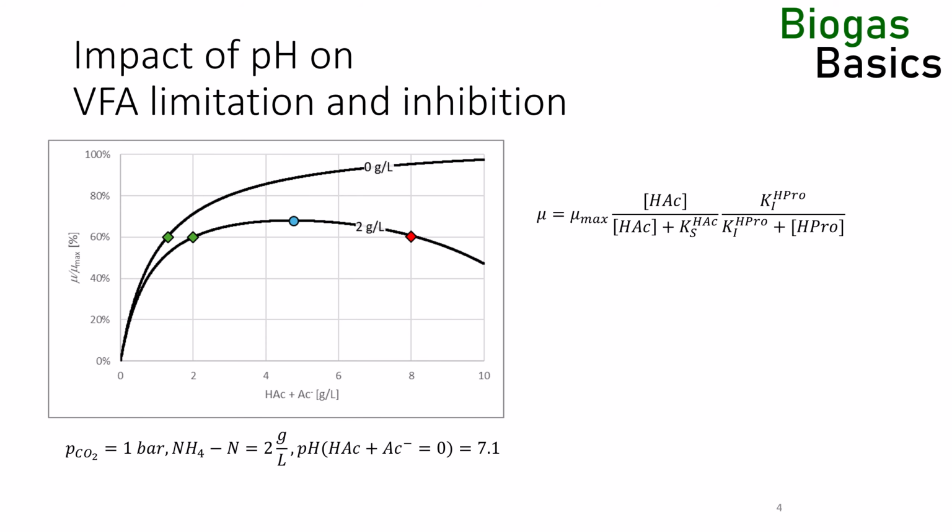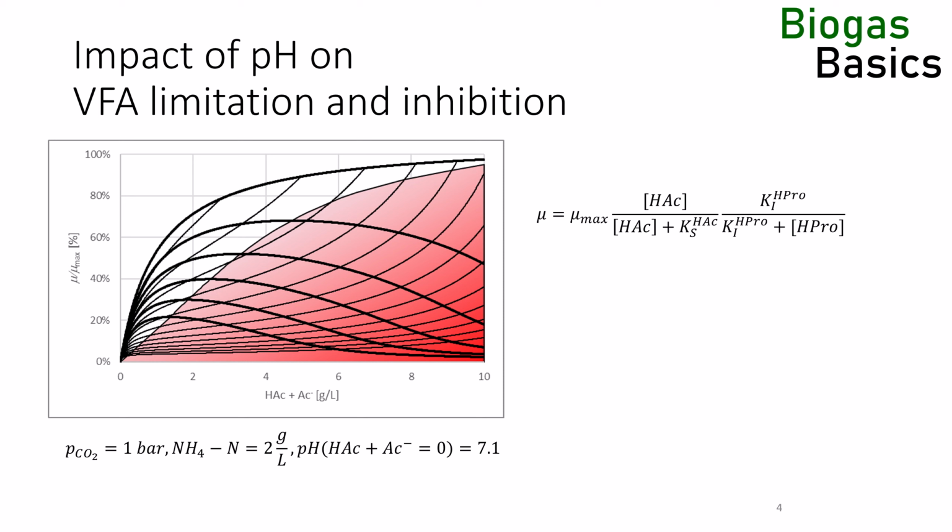We can identify the acidification territory by connecting all maxima on the curves of constant propionic acid. In theory, the acetic acid concentration can be unlimited when no propionic acid is present. At 2 gram per liter of total propionic acid, the reactor can sustain up to 4.7 gram per liter total acetic acid. At 4 gram per liter propionic, it is 3.3 gram per liter acetic acid, and so on. Again, we see how propionic acid limits the amount of acetic acid that can be present before the reactor becomes unstable. If an acidification occurs, feeding must be reduced or stopped.